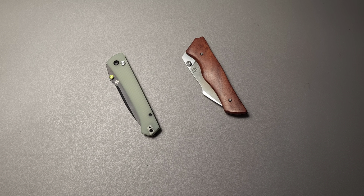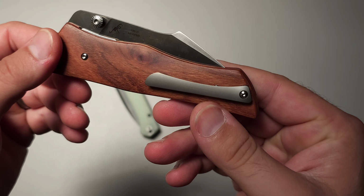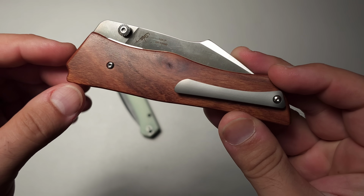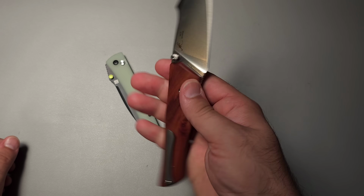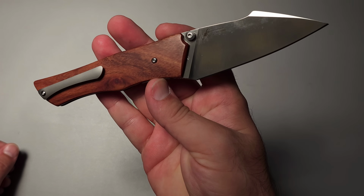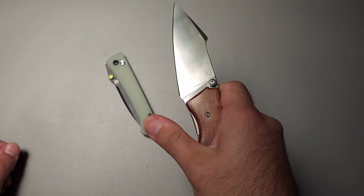I think it went live at 5 a.m. So the Ahab is one of those knives. This has a titanium pocket clip, a titanium back spacer. You can either get G10 or wood handles. It has an AR RPM 9 blade, one of my absolute favorites. This is normally a $60 knife, and it's currently only like $24 with the code,